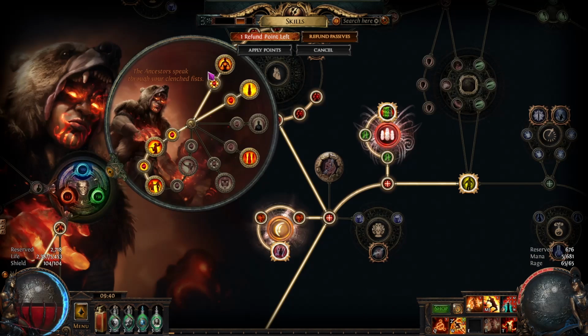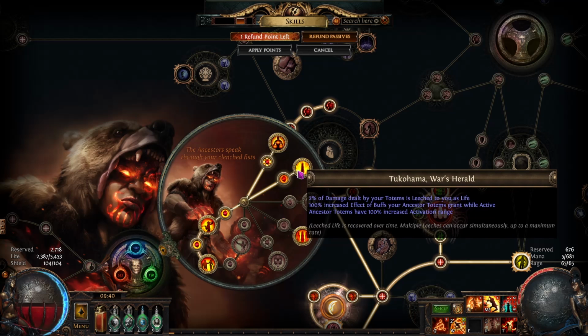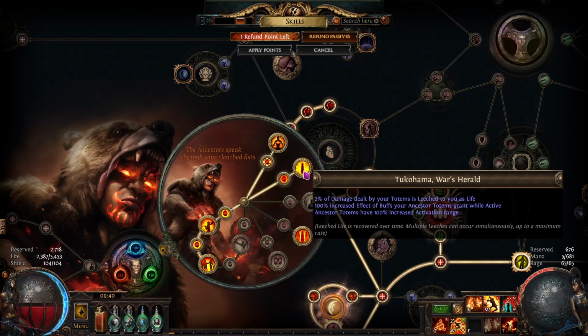For the Ascendancy here, we've got Velako Storm's Embrace. This gives us an extra endurance charge, which gets converted into a brutal charge, and makes it so we can easily generate endurance/brutal charges even when there's no enemies around, just by using any Warcry. Tukahama's War Herald. This makes it so our totems leech life to us, gives them really long activation range, which